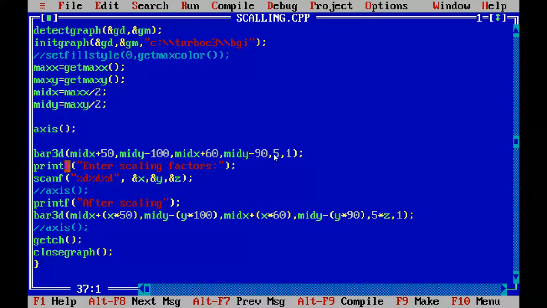Here I have used the bar3d function to draw a rectangular box before scaling.